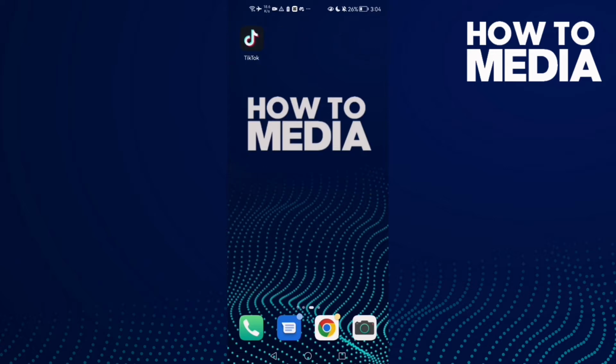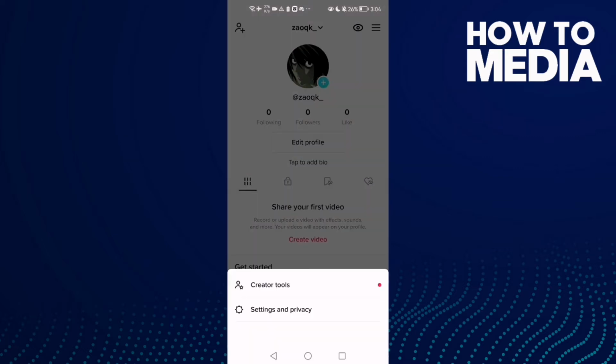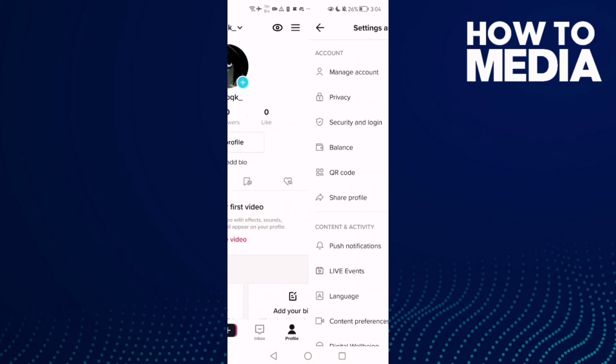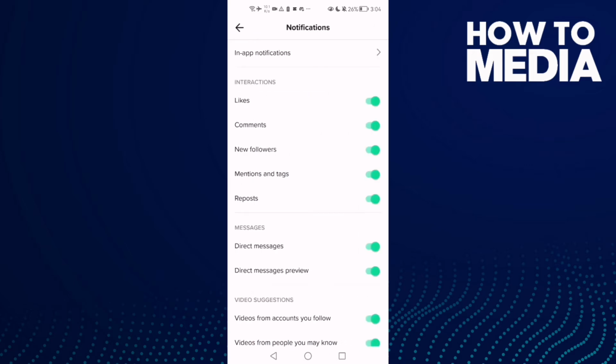First, open TikTok and then click profile, and here in the top corner you will find the settings icon. Click on it, and after you click on it, just click settings and privacy, and then scroll down until you find push notifications. And here